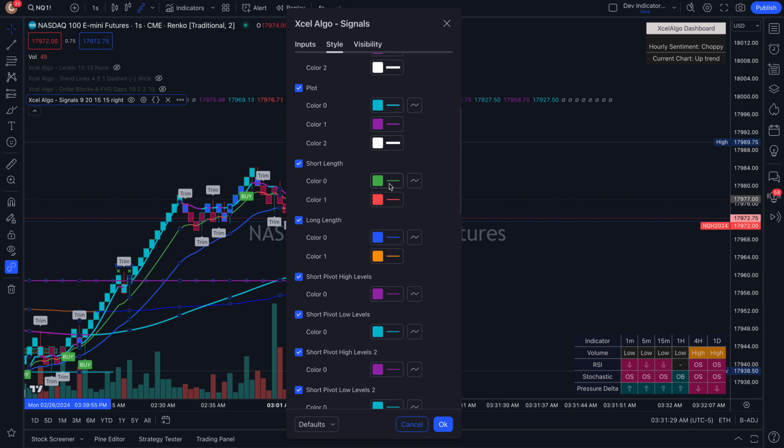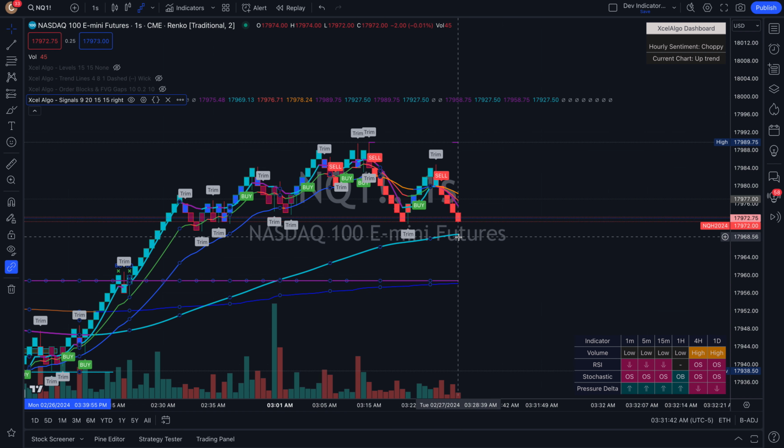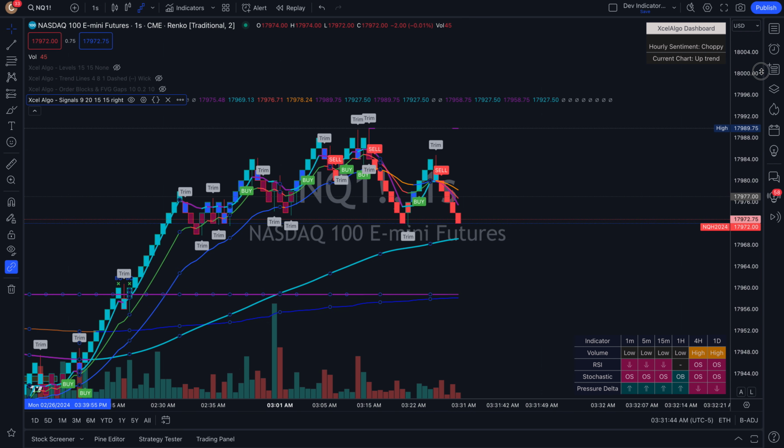So the 9 EMA is green when the trend is bullish, red when it is bearish. Same thing here, blue when bullish, and this orange color when bearish. So when I am trading the levels on the algorithm, we have a mathematical model in the back end that really calculates all this stuff. So it gives you the best idea where the market is going, and we keep it as simple as possible. You'll be able to follow these signals, and I'll explain to you how to be the most profitable. You honestly shouldn't be losing